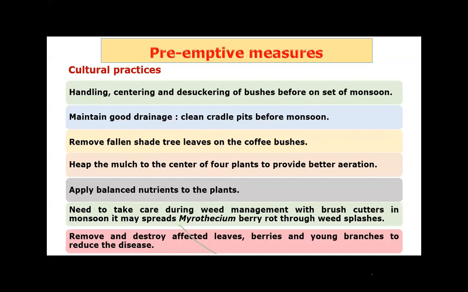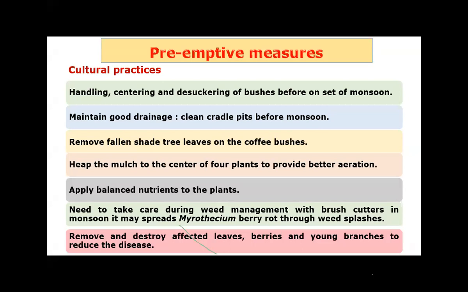And also, as we are receiving high rainfall, maintain good drainage, that is, clean the cradle pits before the monsoon season, and remove fallen shade trees, especially the silver oak leaves which are on the coffee bushes, because silver oak leaves will not decompose as easily as coffee leaves or any other shade leaves. So removal of shade tree leaves is very important on the bushes where you see black rot or the stalk rot diseases. And heap the mulch to the center of 4 plants to provide better aeration,